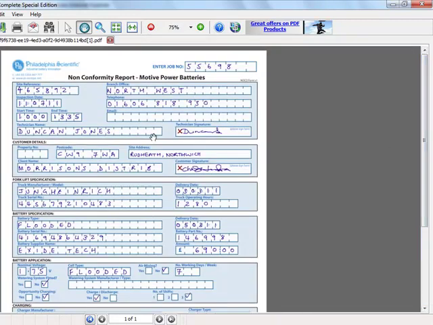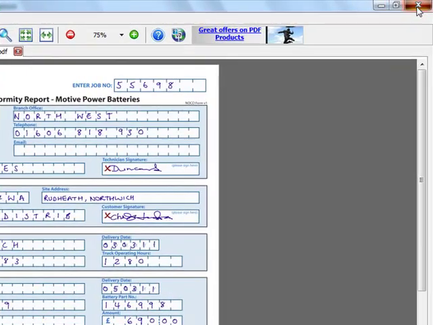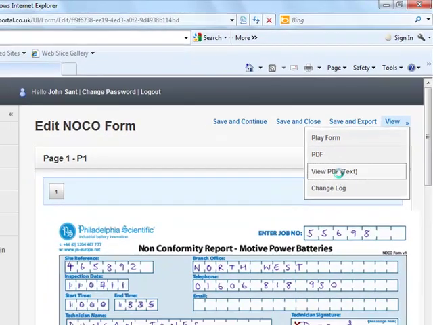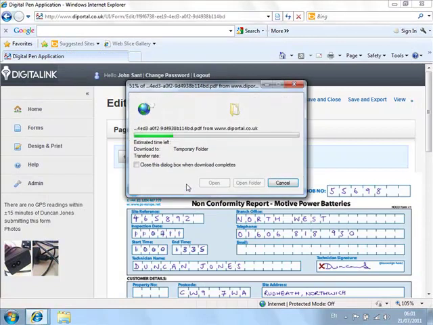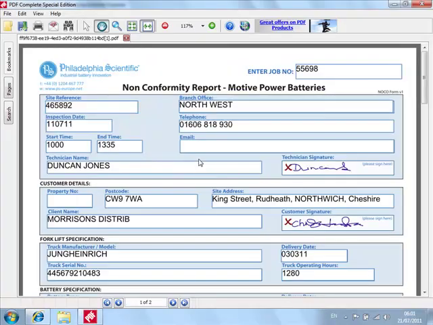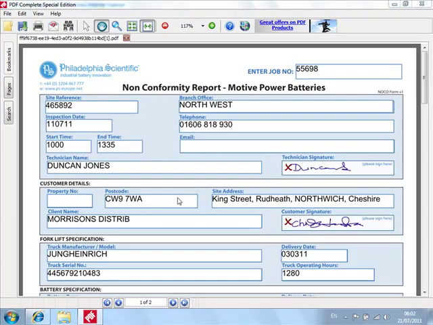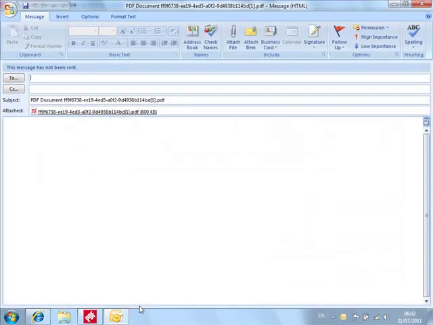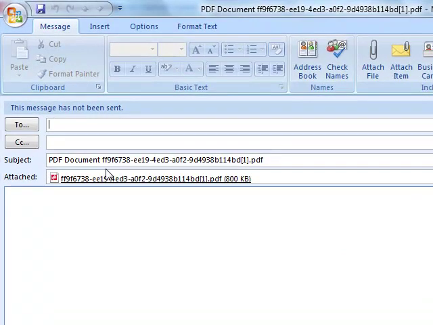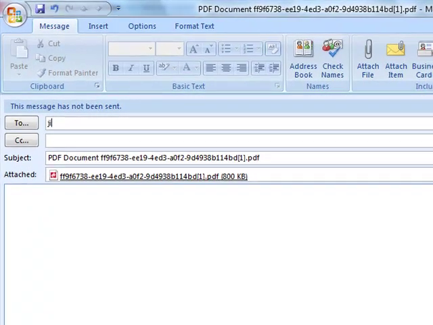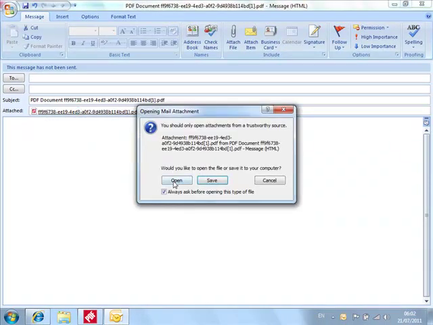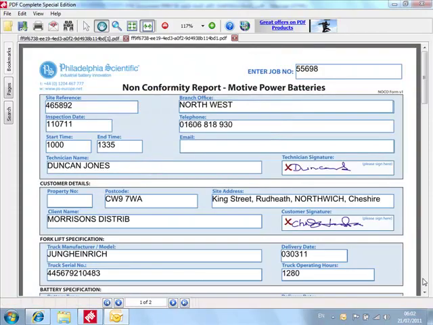The photos aren't put in the original handwriting version of the form, they only appear in the PDF text version of the form. But we can see it's quite a useful hub storage site. Everything sits in one place, which is quite nice. This form, for example, I could do file email and actually send that directly to the customer if necessary. So here we could just punch a mail address in, and away we go. The actual form can be sent attached to the email in seconds, along with the